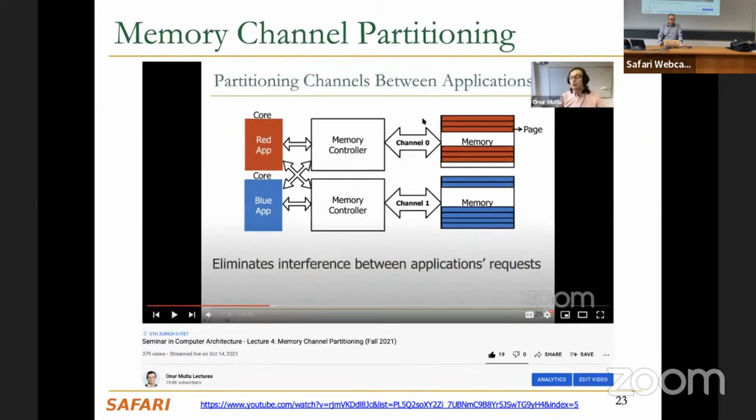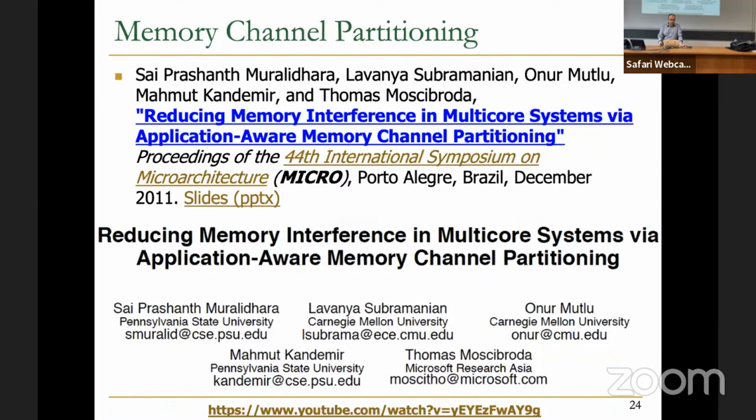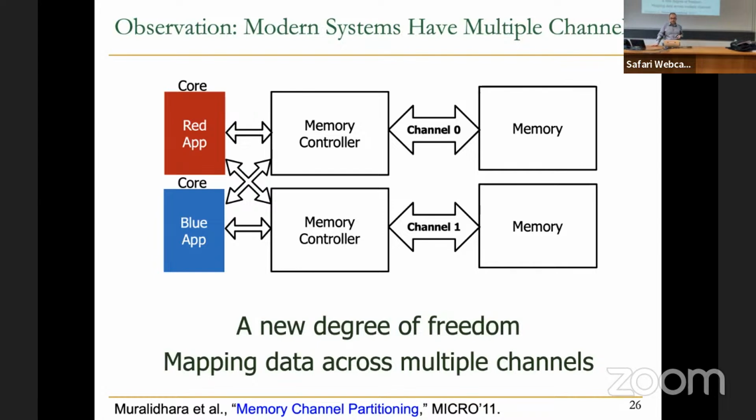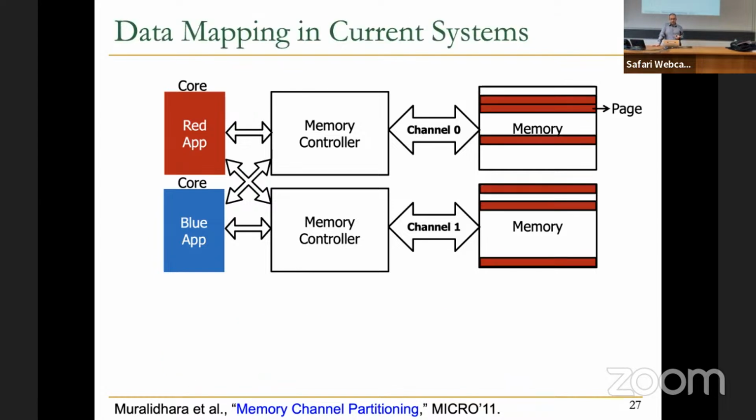And memory channel partitioning that you're going to see is actually one of the techniques. In this work, I'm going to discuss a little bit about how memory channel partitioning can help. In this example, consider that we have two applications, a red application and a blue one. If you have two channels to access memory, one case could be that all requests are scattered across the two channels. So in channel 0, you have to service requests from the red application as well as the blue application.